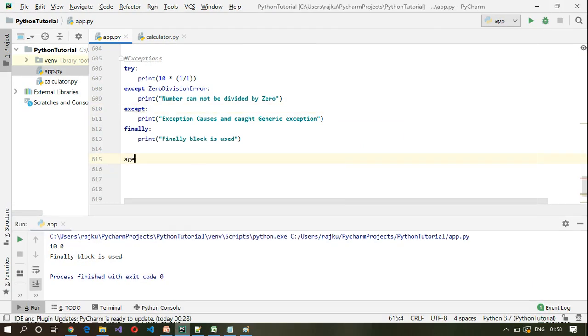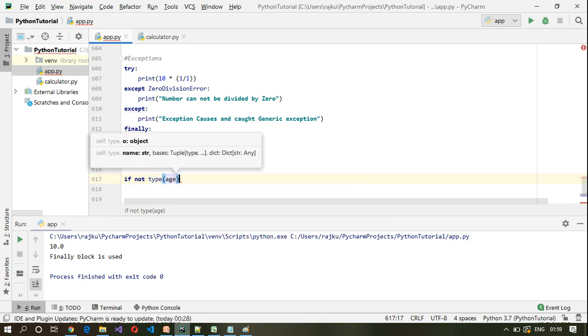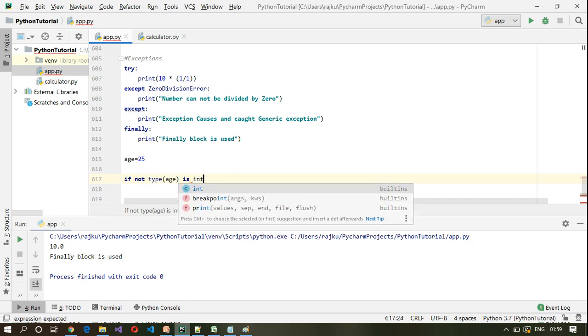Earlier we had seen one example wherein we were checking different conditions based on the age of a person. So let us use the same example here and we will raise an exception. Okay, so the age has to be a number, that is an integer. So if not type of age is integer,